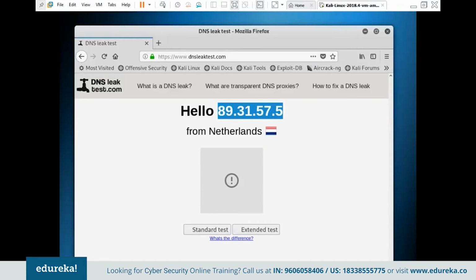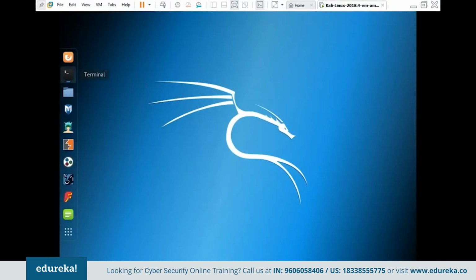So like I said, the first step when you do anything of this sort, as in web penetration testing or learning how to hack and all that stuff, it's best that you set yourself anonymous before you start doing things. We've explored our first tool, which is AnonSurf, though it's not a native tool of Kali Linux. It's a tool which is usable in Kali Linux. So there we go, guys. Now let me get back to terminal.